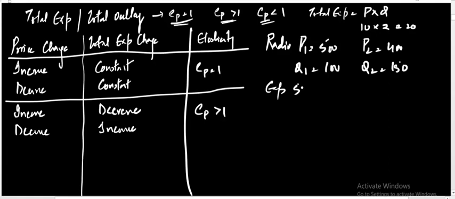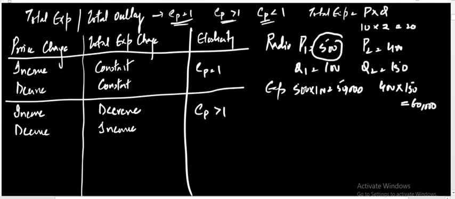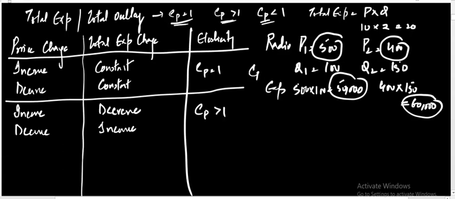Say for example 500 into 100, which is equal to 50,000, and then 400 into 150, say for example, is equal to 60,000. So now with the decrease in the price the total expenditure increased. So with the decrease in the price total expenditure increased, the elasticity of price is going to be greater than